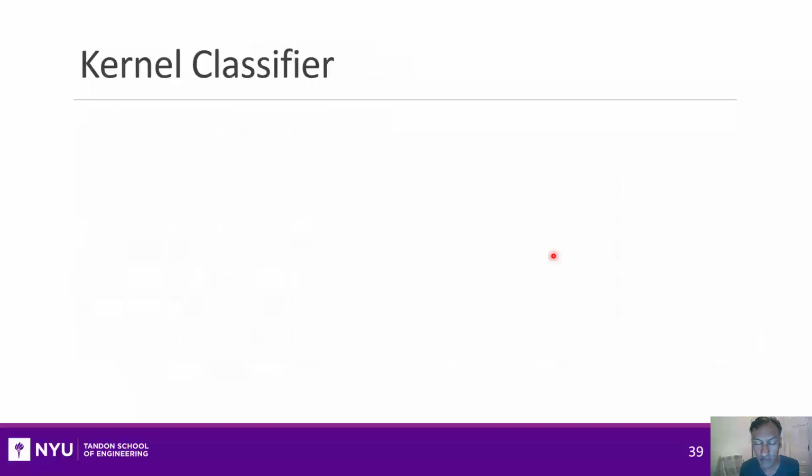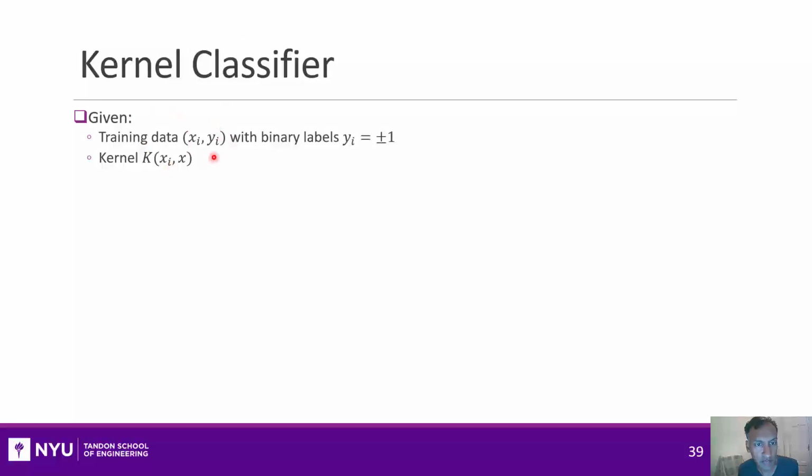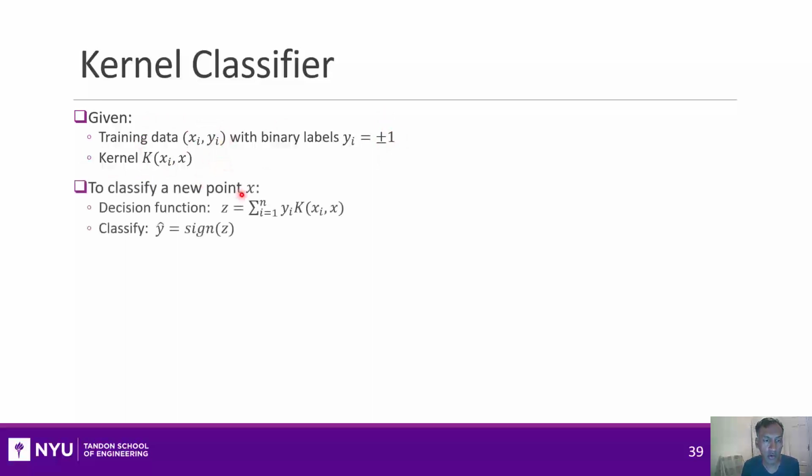All right, now that we've understood what kernels are, we want to go to something called the kernel classifier, which will help you understand the SVM classifier. A kernel classifier is very, very easy. All you do is, suppose I have some training data, and let's say they have binary labels plus or minus 1, and I pick some kernel. The kernel classifier then says, okay, if I have a new point, I do 2 things. The first thing is I compute something called the decision function, which is this, and then I take the sign of that decision function,